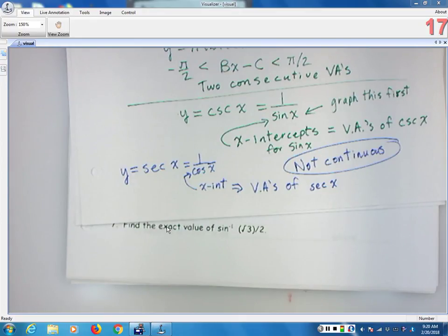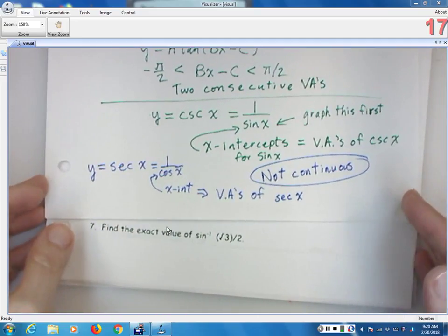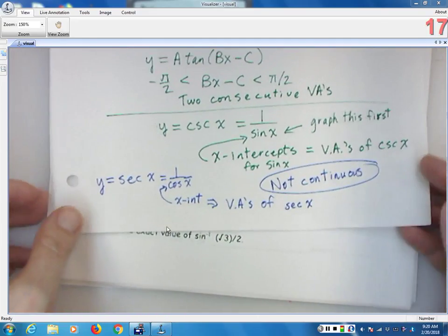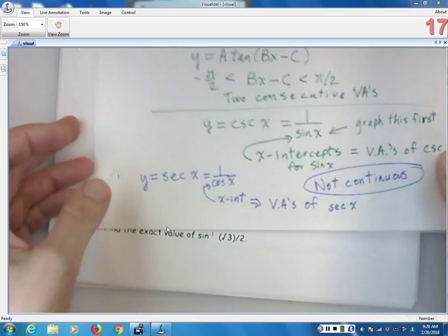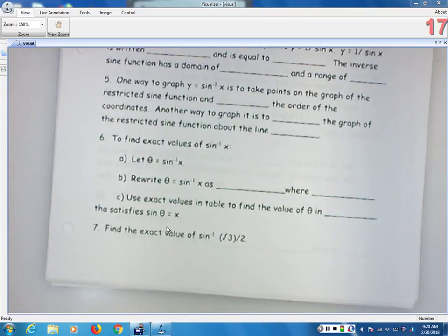The graphs of cosecant and secant are not as important. So instead of spending a whole class on those, we're going to go on to 4.7. So that's basically 4.6. The most important thing, graphing tangent, you will have to graph variations of tangent. Okay? Any questions? So just graphing, so we're on 4.7